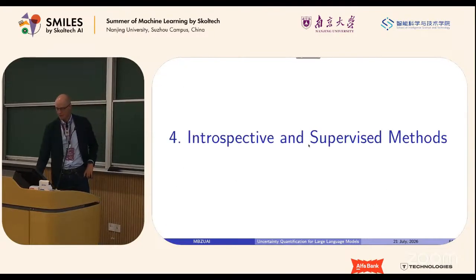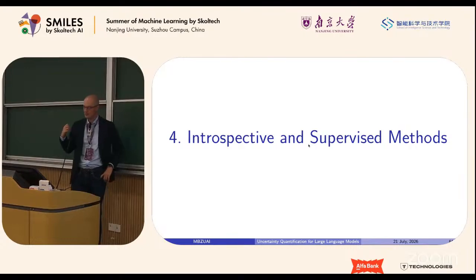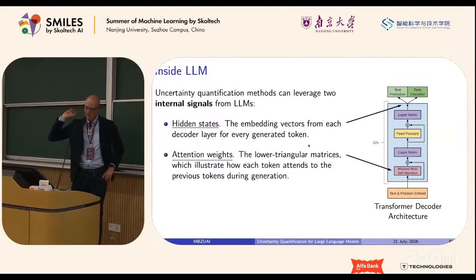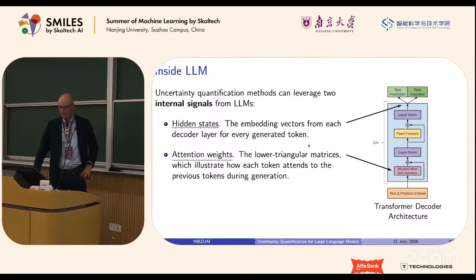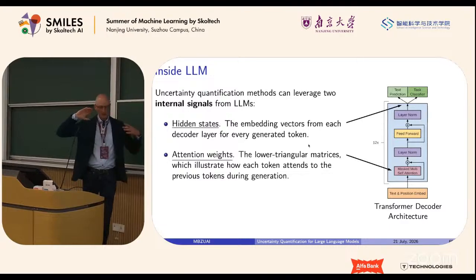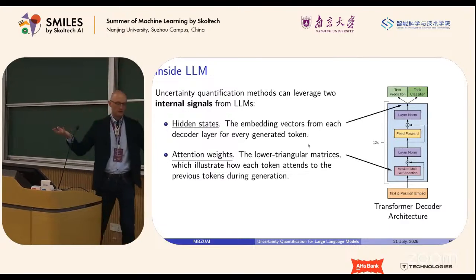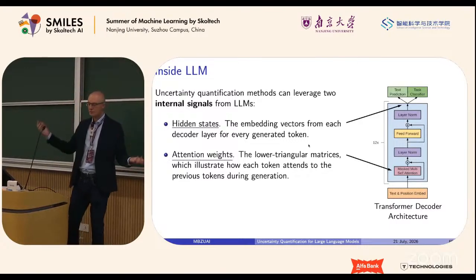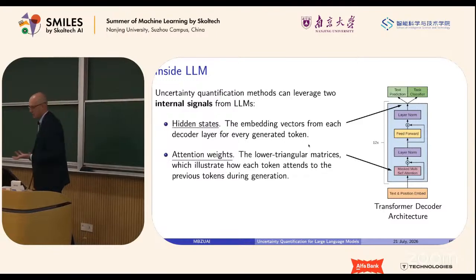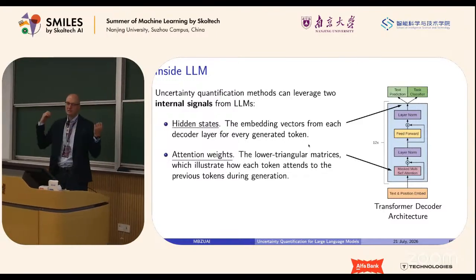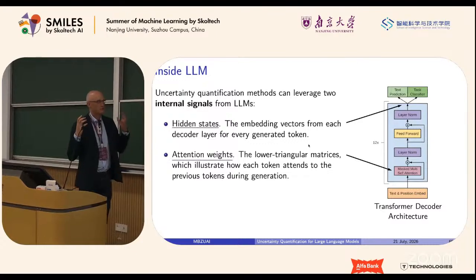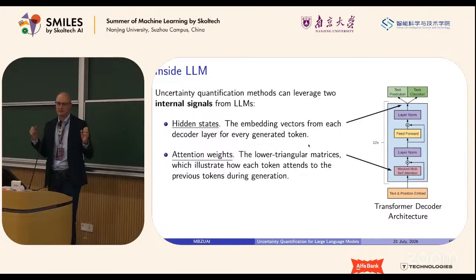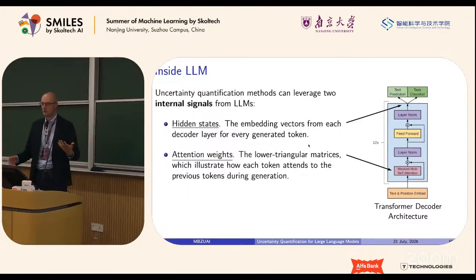All right, just a few words about introspective and supervised methods. I believe that Alexei will talk way more about that, but I just want to say: is paying the price for sampling, or using some underperforming information-based techniques, the only way to quantify uncertainty? Actually not. When we are generating, there is a lot of information stored in the hidden states or attention maps of a language model. And we can harvest this information to build pretty good uncertainty estimates.